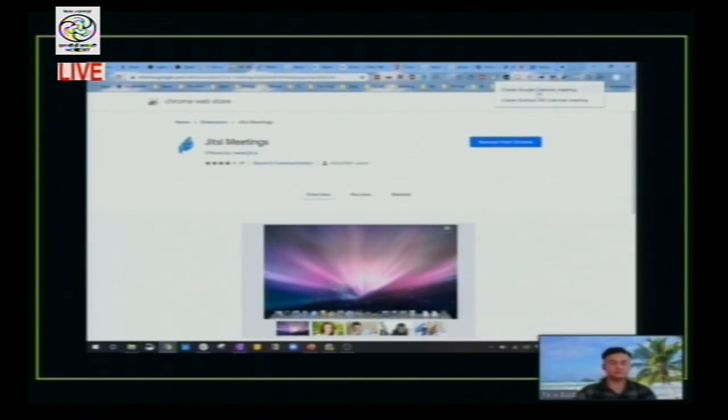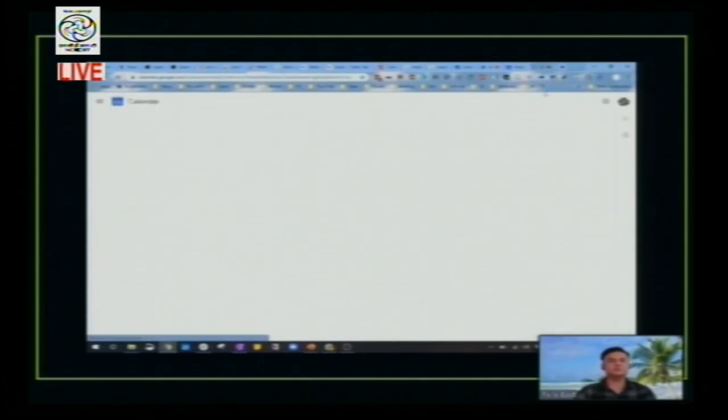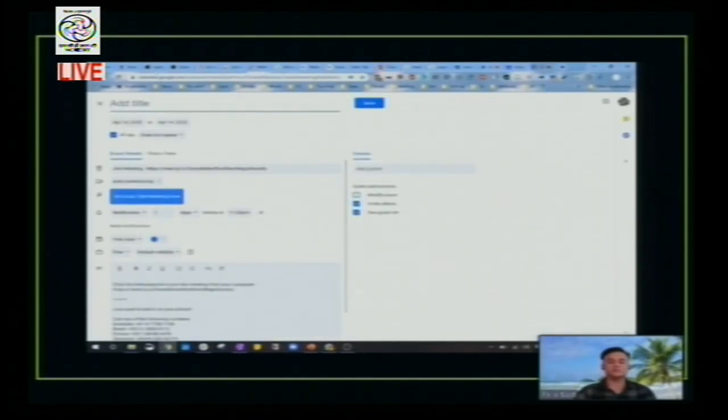So for example, to create a Google Calendar meeting, as you can see, this page to create a scheduled meeting will be presented. All I have to do is to add a title, and I just have to put the exact timing, for example, tomorrow or day after tomorrow, or I can schedule it at the end of this month, 30th of April, and exact time I can specify from 10 a.m. All this just like any other event scheduling through the Google Cal. I can add the guests here, so I just have to type the email addresses.